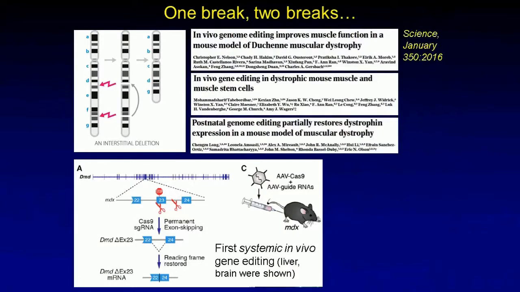So just in January of this year, there were 3 papers that came out in Science that I think were really pushing the forefront of, say, systemic delivery of nucleases into live animals. These authors were using a viral vector, in some cases an AAV, to introduce a nuclease, in this case Cas9 nuclease, injecting them into mice, either into muscle or just systemically, and looking to see the level of large deletions made by having the two nucleases expressed.